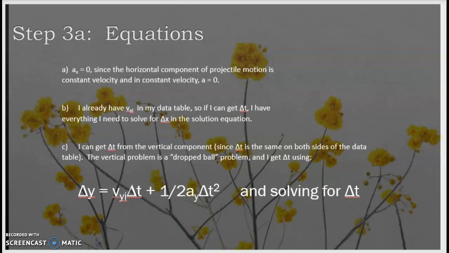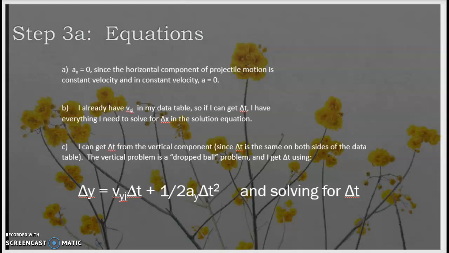So we know that there is no acceleration in the horizontal. We know that we need a delta t to get our v, to find our delta x. And we also know that delta t on the x side is equal to delta t on the y side. That's very helpful. In these dropped ball types of equations, we can use delta y equals vyi delta t